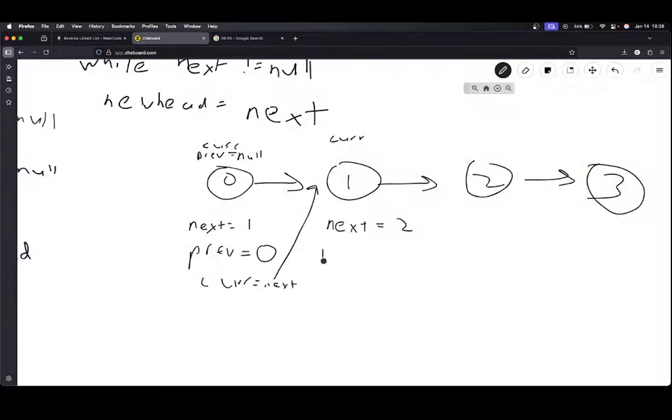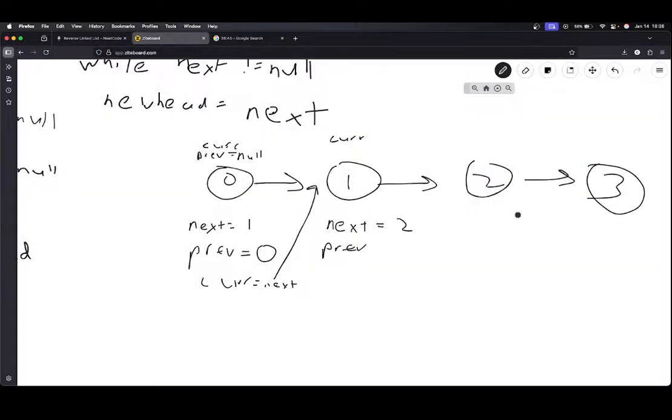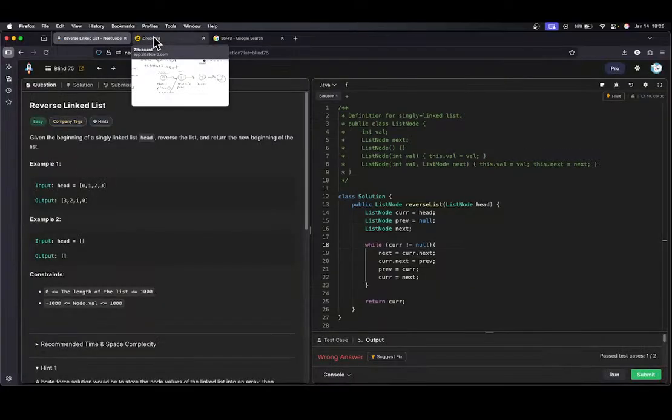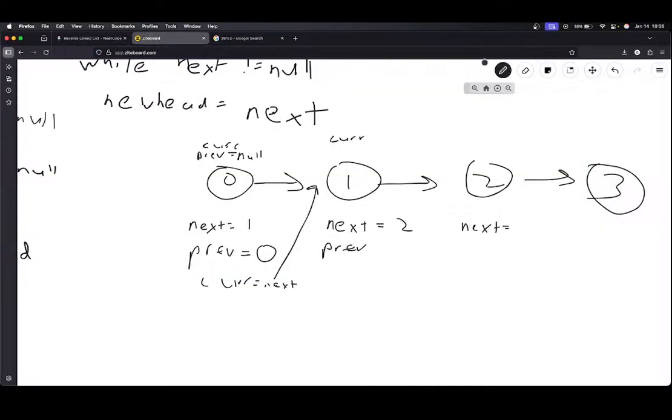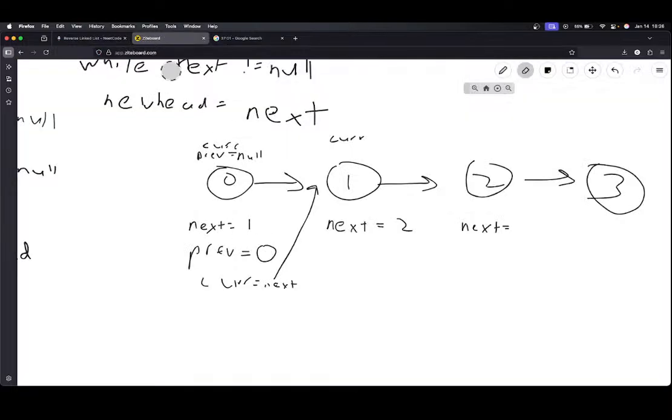And then we have our previous, and then we initialize this next is equal to the previous. Previous was 0 here, and now previous is,